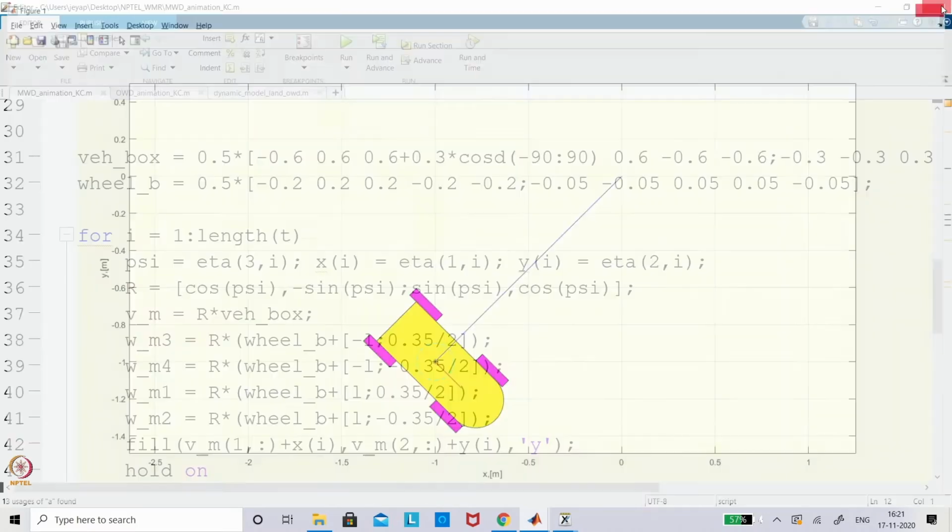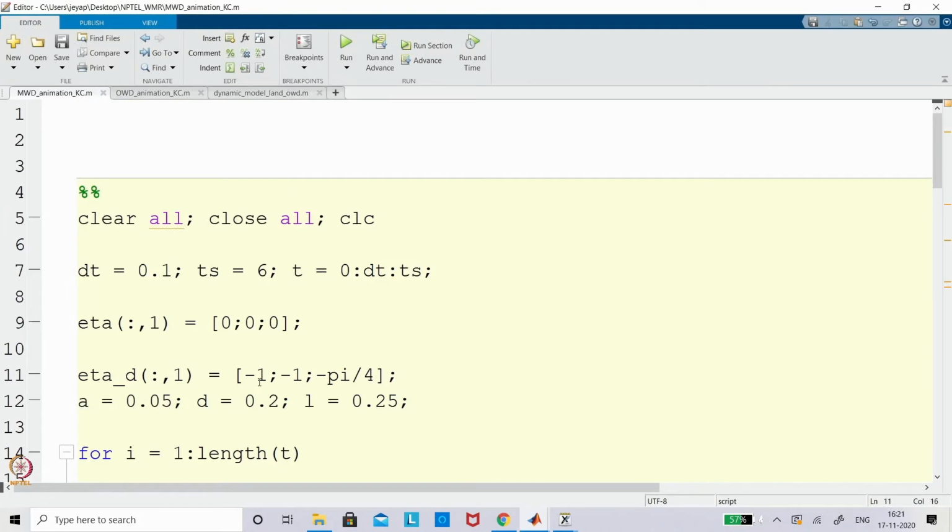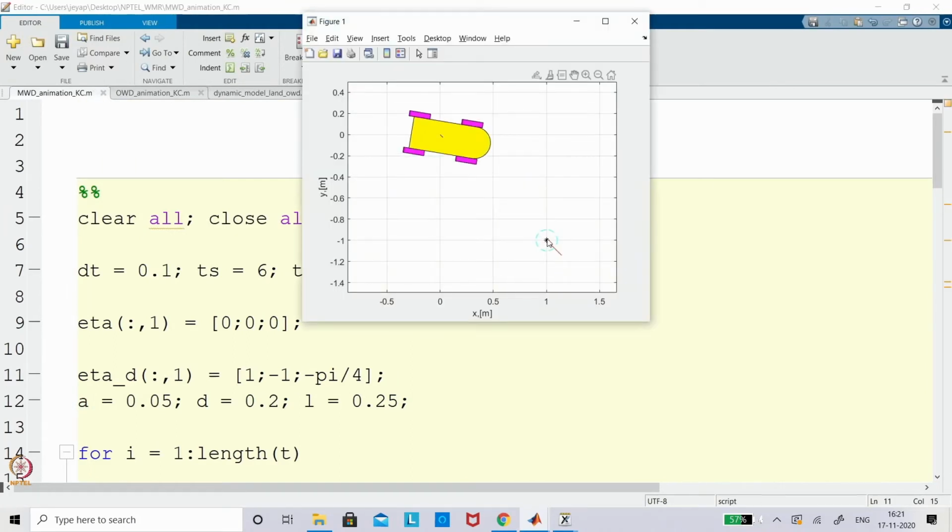Now you can see even if you change the condition, for example I am saying this is the other way around, this particular vehicle will still go. Now you can see the initial condition and the final condition have changed. Now you can see, right. The vehicle is making an alignment as a line of sight and it is trying to follow.